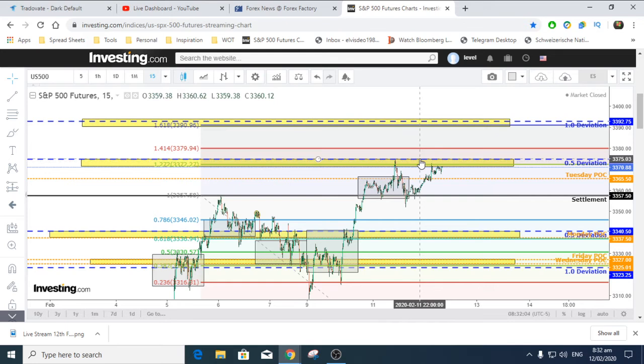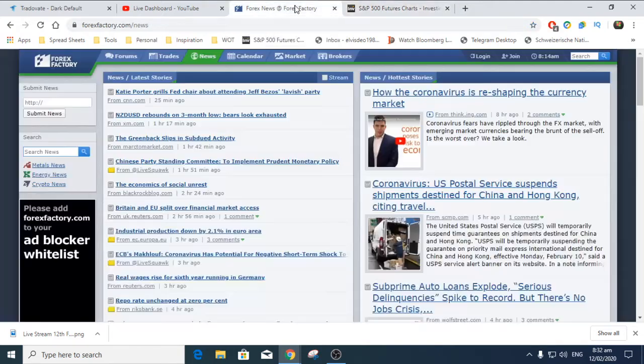We have a 2 contract sell right here on the open at 75. We look at what the high was. So we have 72 to 75, so you can average in at 73s. 73 would put you behind this fib level we're using because we are at all-time highs. Market looks pretty strong, so let's go to news first.